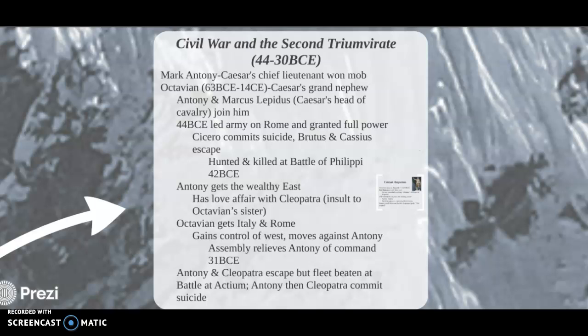And immediately after, Octavian begins to move against Antony and will invade and defeat Antony and Cleopatra around 30 BC at the Battle of Actium. And following that, Antony commits suicide, and then Cleopatra within the next day as well. So basically, the first century BC is you have a number of dictators, a number of civil wars break out until finally around the end of the first century, Octavian is kind of left standing.